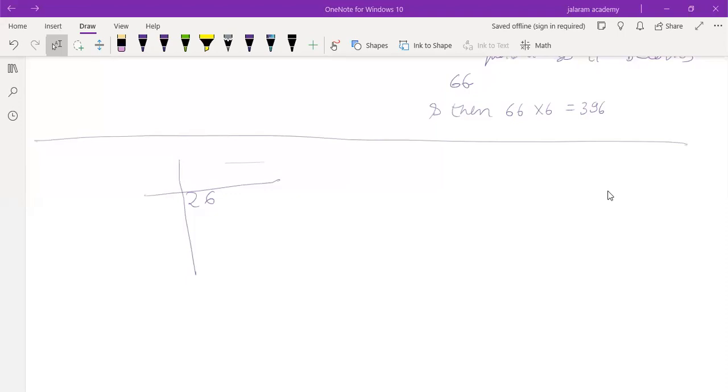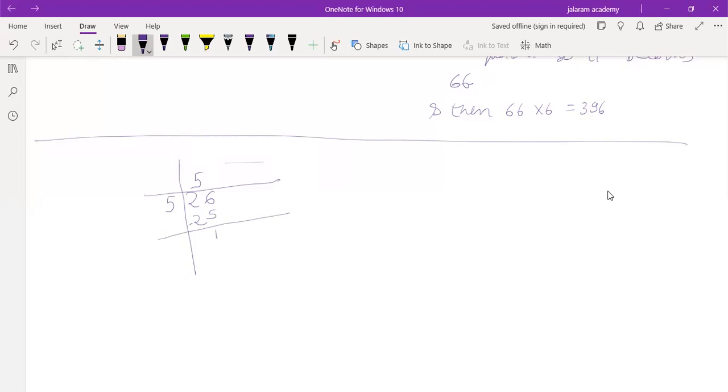Now, using the same method, you have to find the square root of 26. So what is the first step? So first, 25 is a perfect square before 26. Yes. So in the divisor it will be 5, and in the quotient also it will be 5. 5 fives are 25. And we subtract. 1 will be there. Okay.